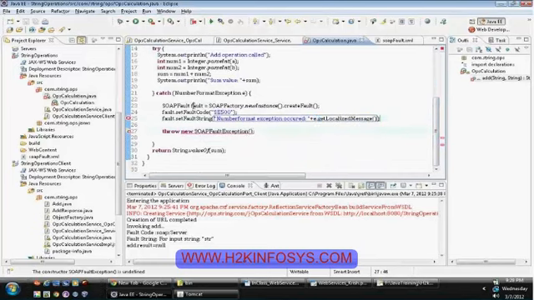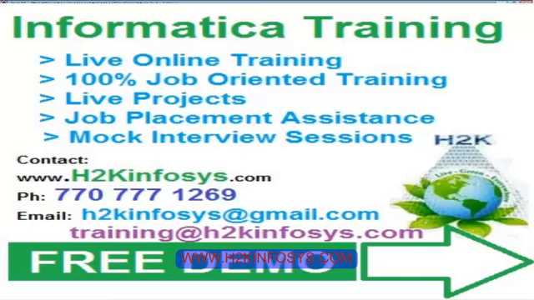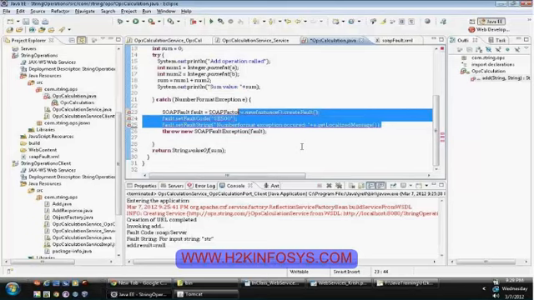So finally, you want to respond back to the client with a SOAP fault. Unhandled exception type SOAP exception. This is also throwing one more exception.